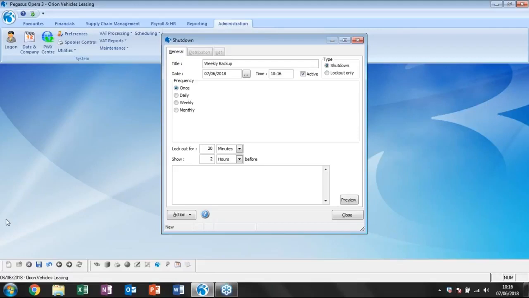When would I like it to occur? Well, with it being weekly, I want to change my frequency to weekly, select a Friday, and what I would like it to do is run at 7 o'clock in the evening after everybody has left for the day. Now, we may have people still working in the system, which is why the shutdown and lockout comes into its own. Now, what I'm actually going to do is change my time for